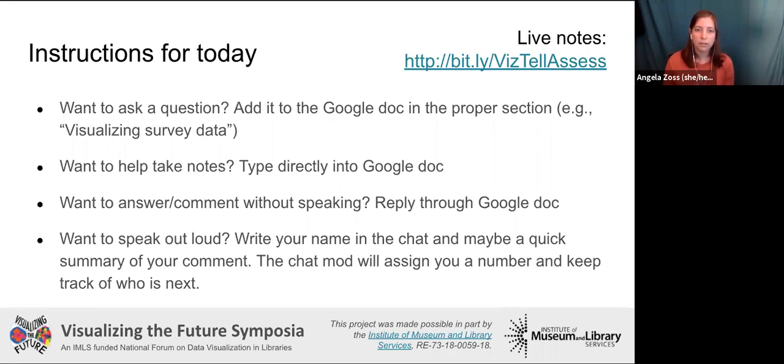I think I recently saw a pretty decent YouTube video that went through a bunch of color compliance, at least for color vision deficiency. So I'll try to make sure that gets into the live notes. I'll take a pause here and see if there's anything else from live notes that we should be highlighting or saying out loud.